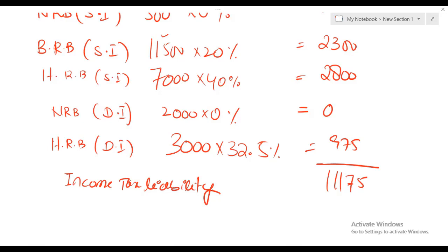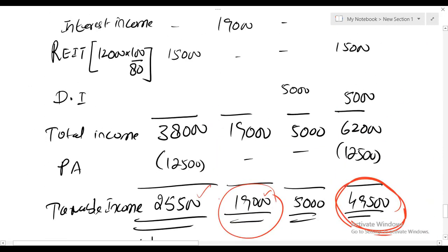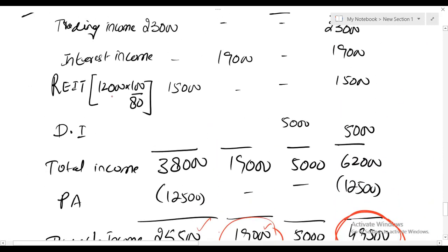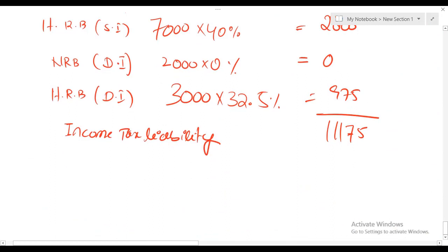Actually, from real estate investment trust, we received 12,000. Okay. But while solving the question, what we did? I received 12,000 from real estate investment trust, but while solving the question, instead of working on 12,000, I have worked on 15,000. Now the question is, where is the difference? 3,000. The difference between 12,000, the net amount, and 15,000, the gross amount, is 3,000, and this 3,000 is tax which we have already paid in advance. The tax which we have already paid in advance will be deducted from your income tax liability.